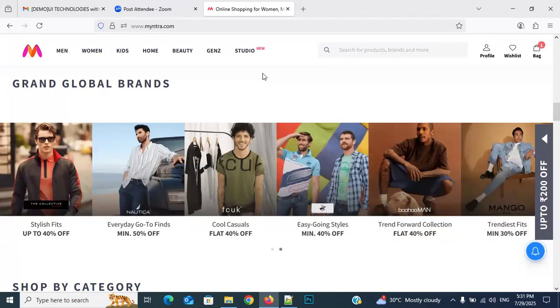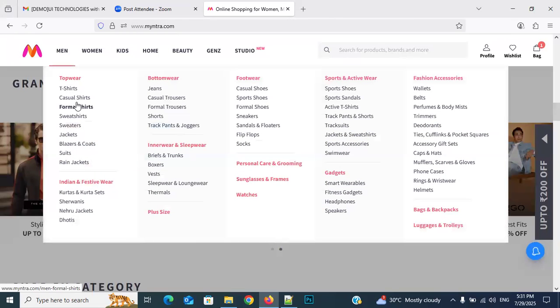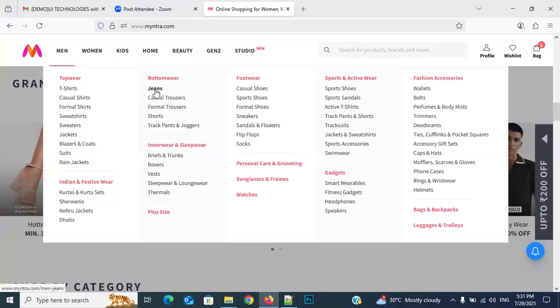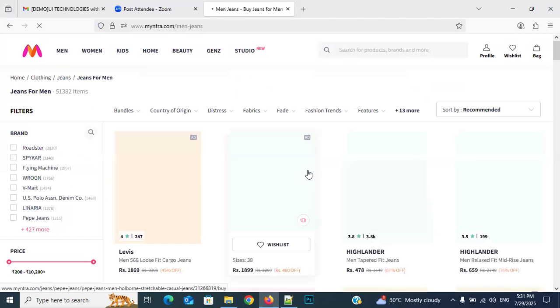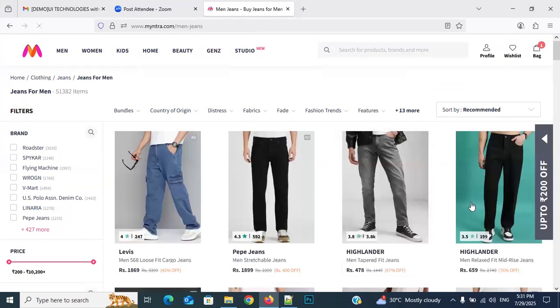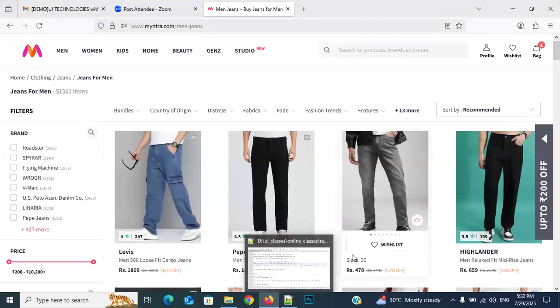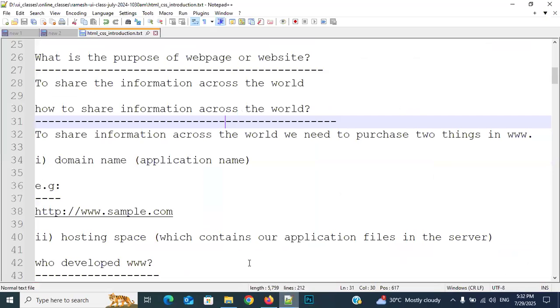So this particular page is named index. First of all, the index page will open. Then whatever you want, you can search here, or you can see what categories there are. You can click here and go to that particular category only. They are not displaying everything directly on the home page, only normal categories. Whatever category you have selected, those related products only they display on the next page. So all these pages are coming from the hosting space only. Clear, right, everybody? Respond kindly.